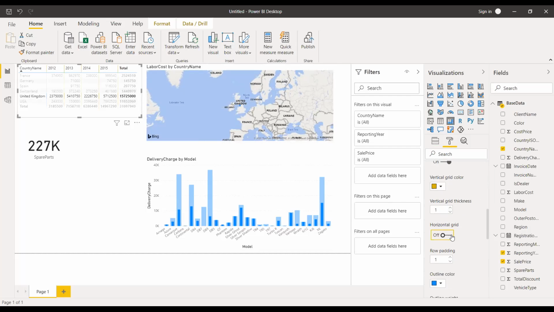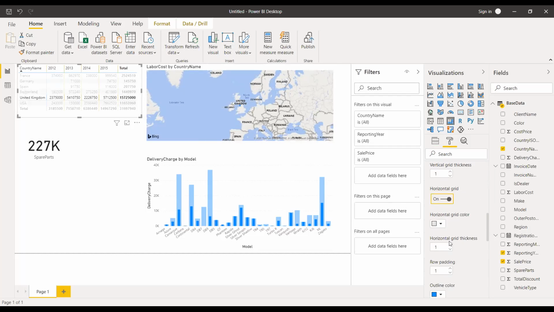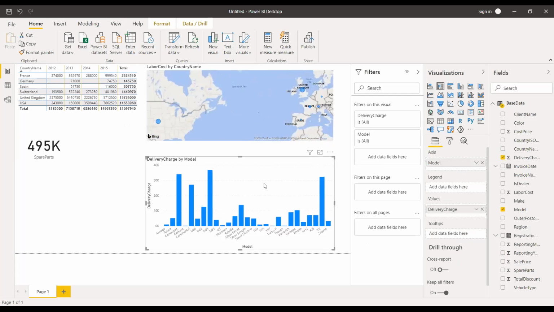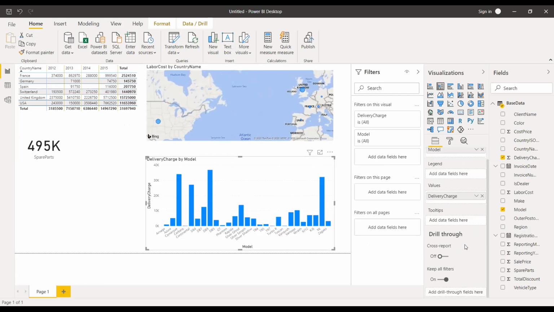Now, horizontal grid lines can also be shown, and you can set the color of the horizontal lines to blue. So now both horizontal and vertical lines are there. Now you can see the grid lines. Now you can change the titles.